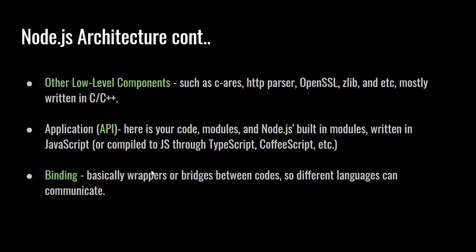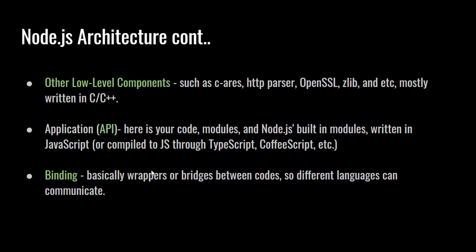Some other pieces there, other low-level components such as HTTP parsers, zlib, like we talked about, compression, mostly written in C and C++. Then the application API, that we're talking about, your code is here. This is where your code is, the modules. There's a bunch of Node.js modules built in, like buffer, like I talked about, some global stuff, written in JavaScript,